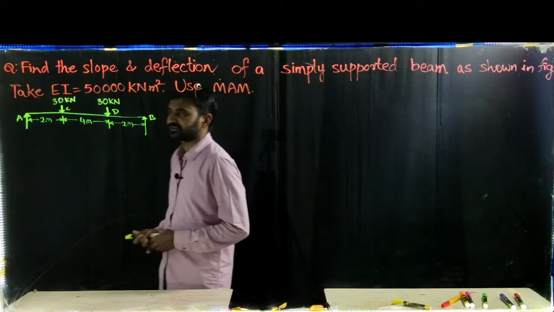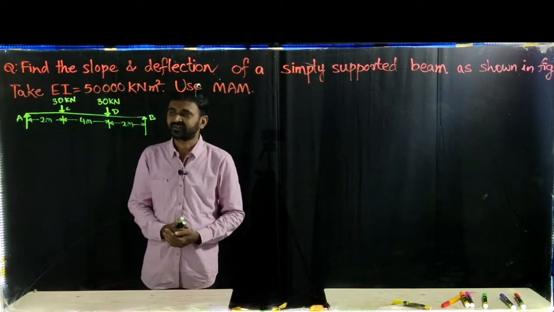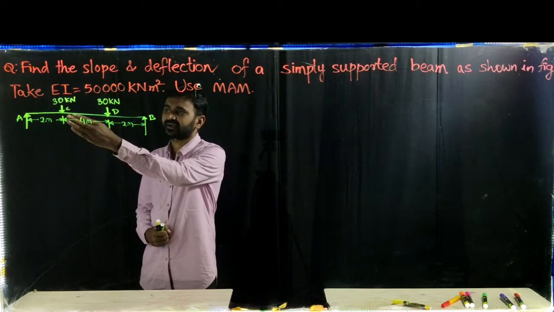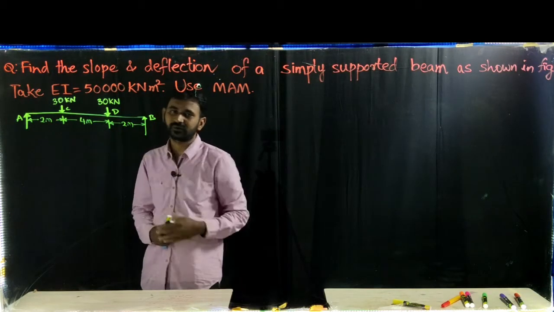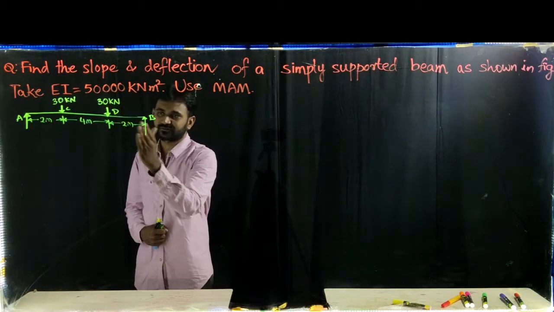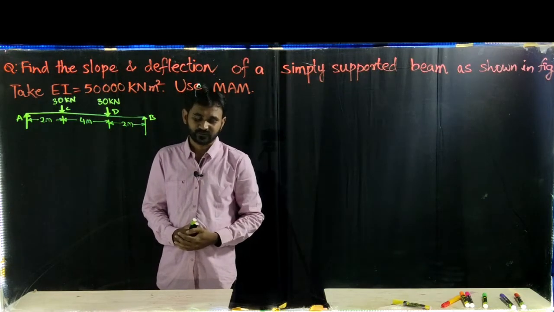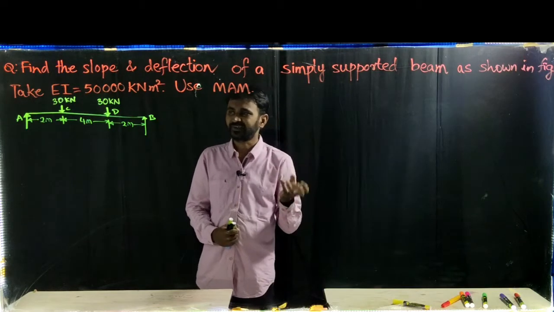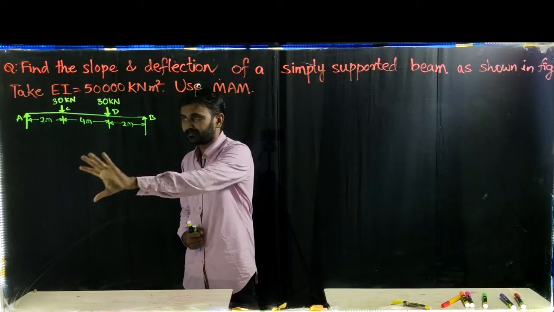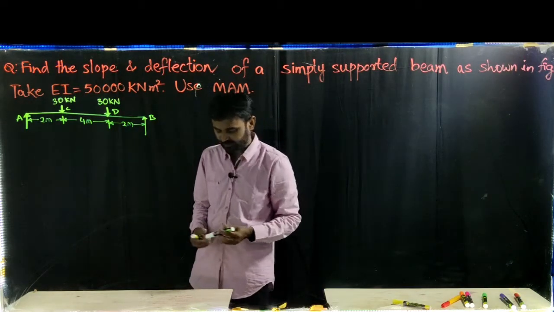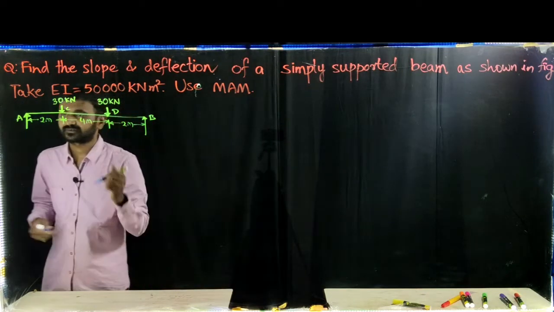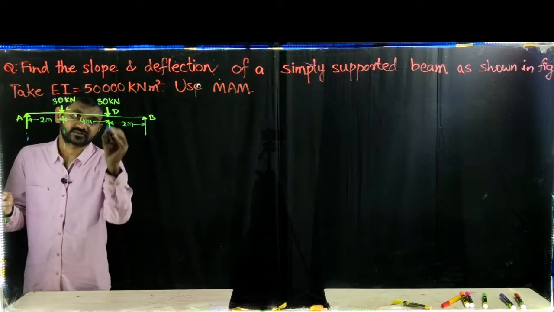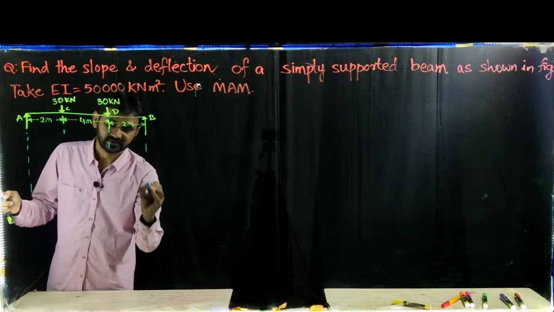So this is your simply supported beam which is given. Span length is 8 meters and a 30 kilonewton load is acting at a distance of 2 meters from the left support and 30 kilonewtons acting at a distance of 2 meters from the right support. Now before going for the slope and deflection, we need to calculate the bending moment diagram for this. So how will we solve this? By using the same method, because all methods are similar.